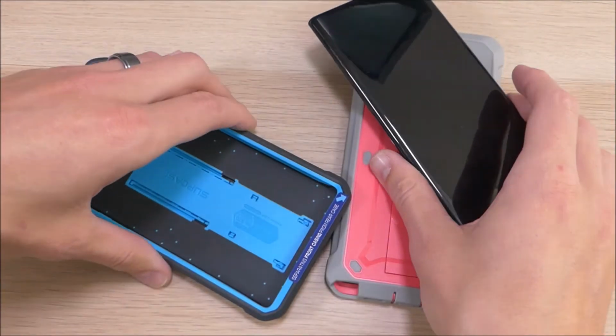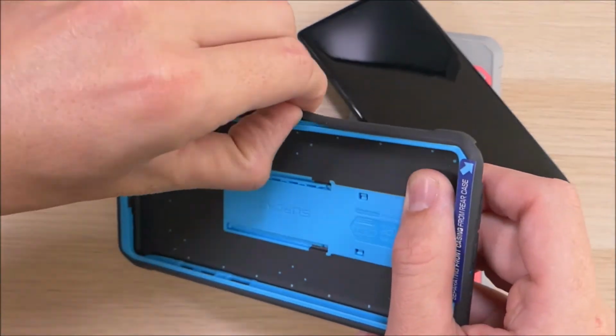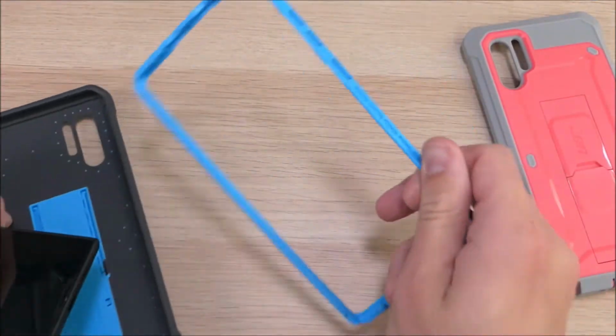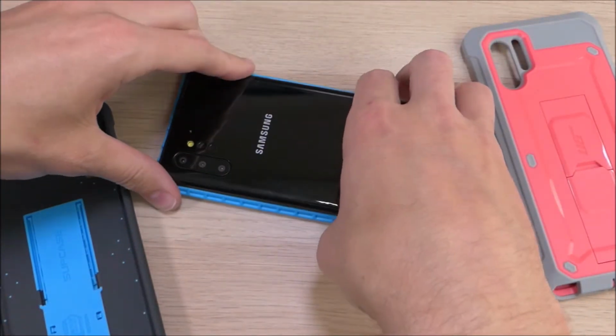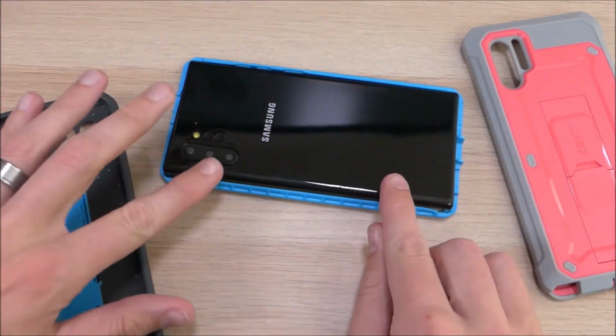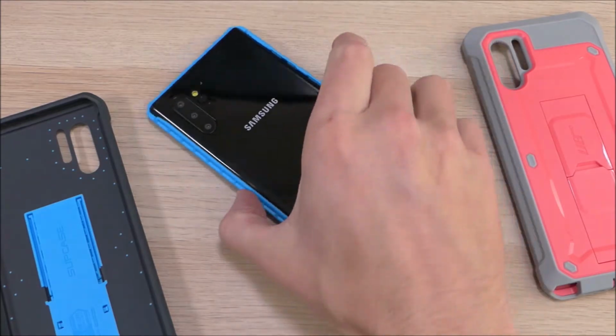First thing we're going to do is take this case and put it on the Note 10 Plus. Before we do that, we have to take the case apart. So to put the case on, you're going to take this piece here and set it face down, then take the phone and set it face down. You're going to then push it down in, and I would recommend doing it with the power and the volume buttons first. It'll snap in just like that,